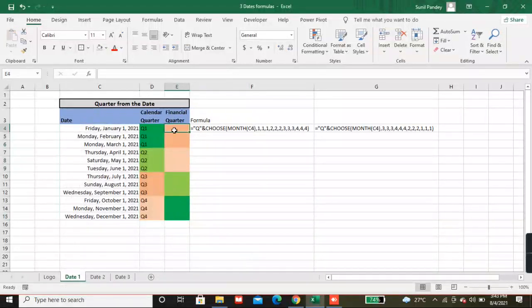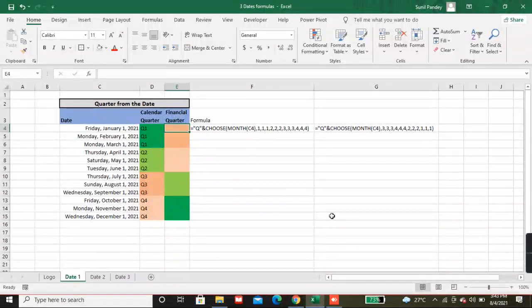Okay. But we need to find out the financial quarter here. Financial quarter also looks similar, but it depends on the financial year. Suppose the first quarter starts in July, so July, August, September would be the first quarter.